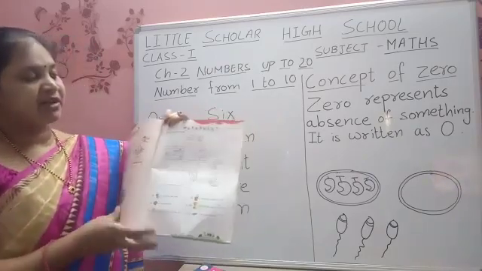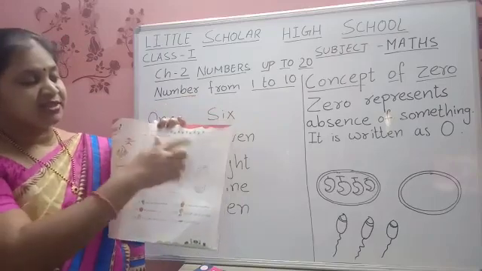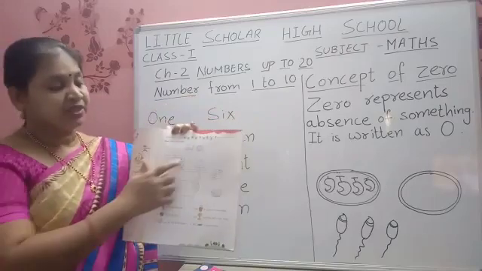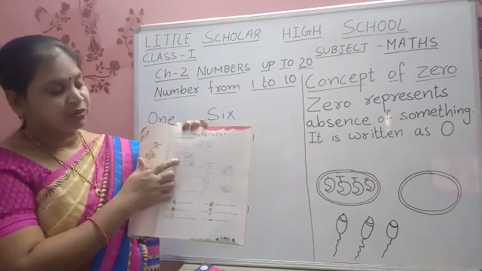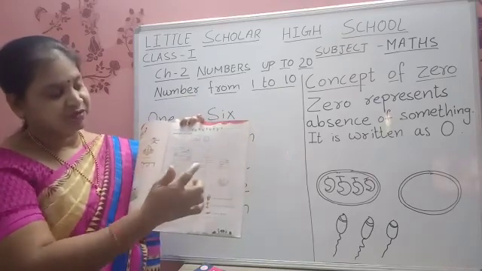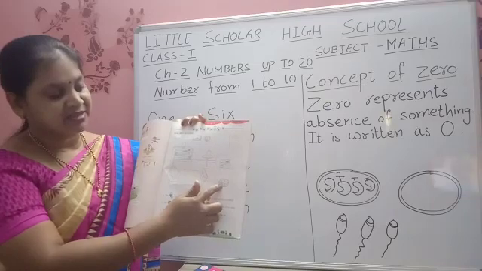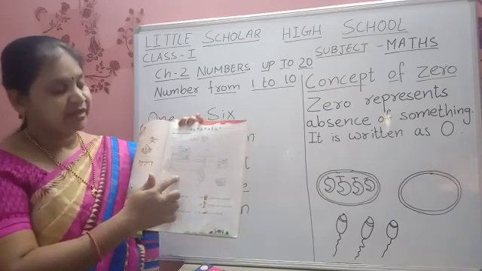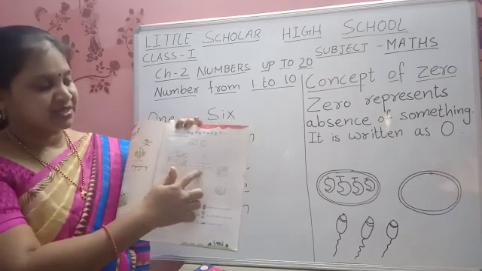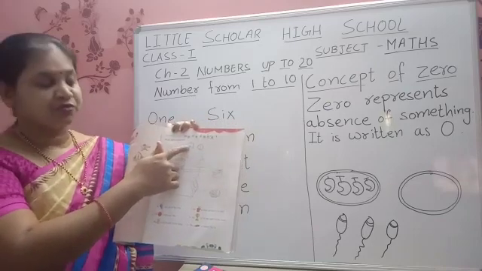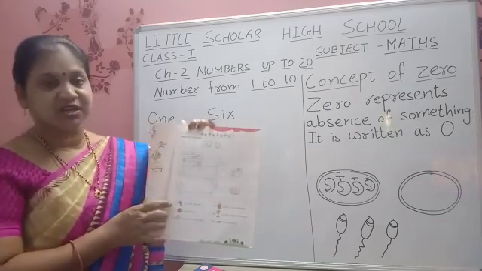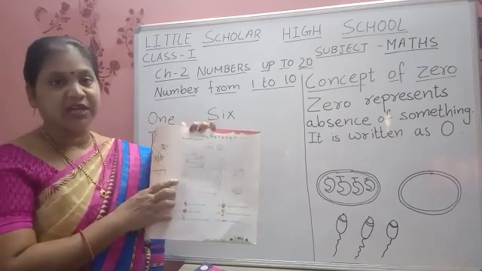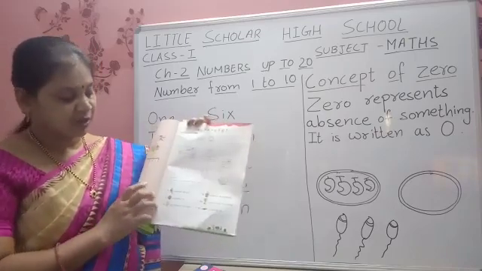Here a picture is given. What can you see in this picture? Can you tell me? Yes, a clock. We have a table, a bookshelf, and a basket. In the basket you can see a cat and a cot. A table lamp is given here. A photo frame is there. So all these things you can see. Yes children, you should color it very neatly.